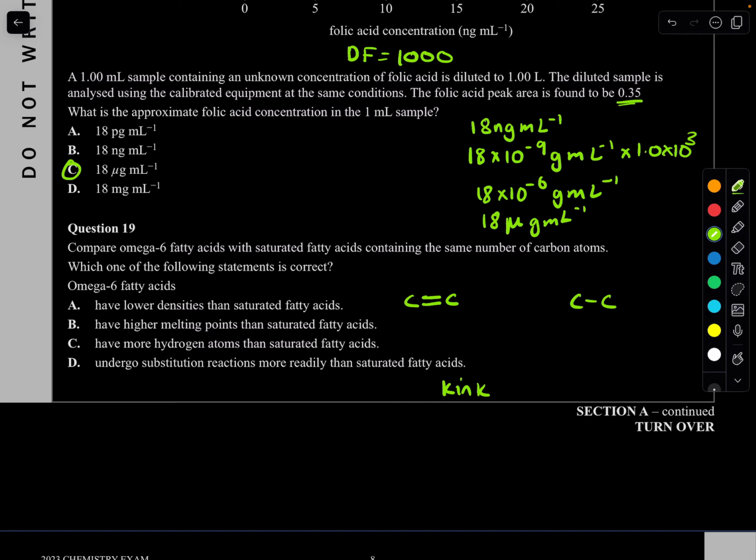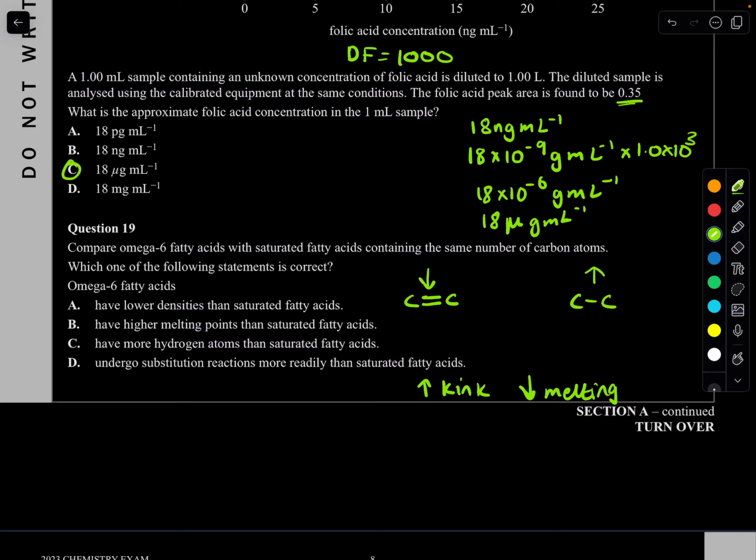So this is the hint: the more kinks, so the more double bonds there are in a fatty acid, the lower the melting point is. Because omega-6 fatty acid has kinks, it has a low melting point,